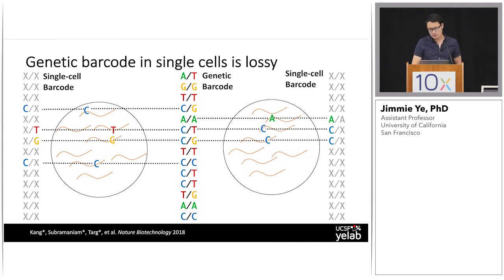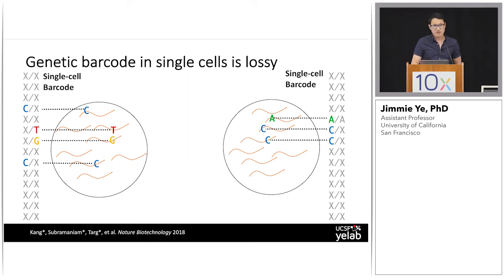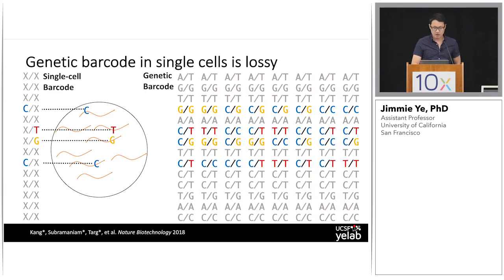Now, furthermore, if you have two cells that came from the same person, and you just compare the genotype from these two cells, you might not be able to tell that they came from the same sample if you didn't already have the barcodes initially. But it turns out that if I gave you that genetic barcode of an individual, and you can obtain that using cheap genotyping or exome sequencing or even bulk RNA sequencing, you can actually